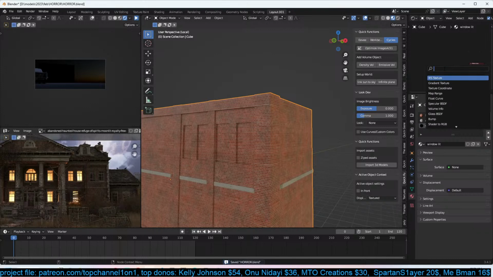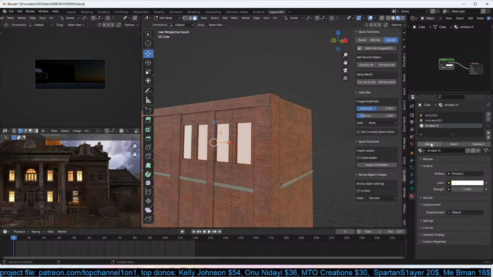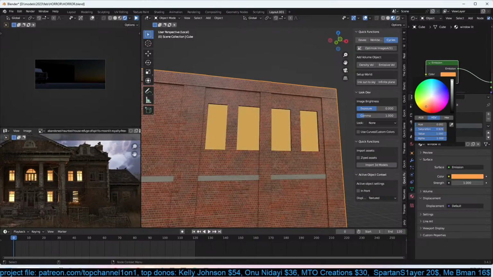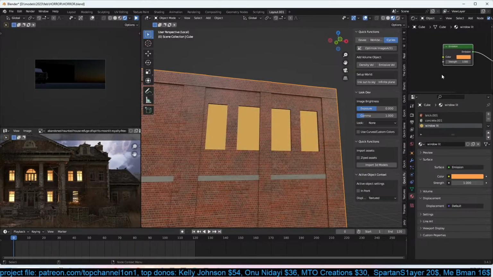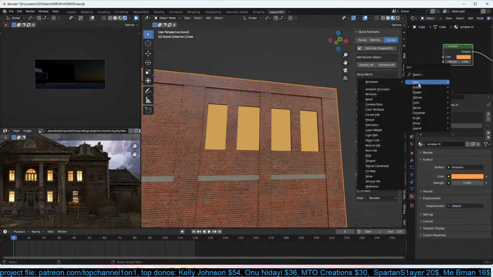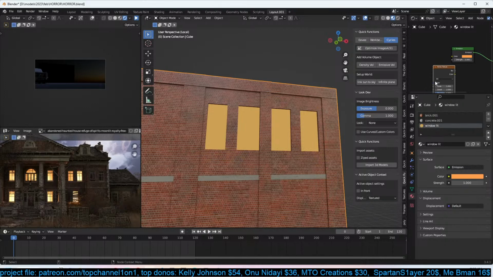Okay, so we're going to use an emission for those windows, and we can assign that to these windows. Just make them a bit orange, and let's try using a noise texture. Could have used a gradient texture, but I think a noise texture can also work here, because what I want to do is just